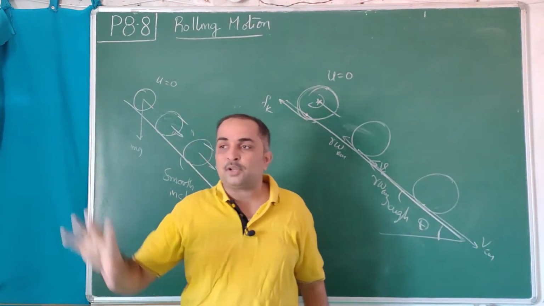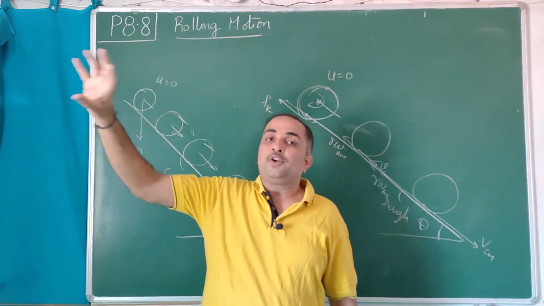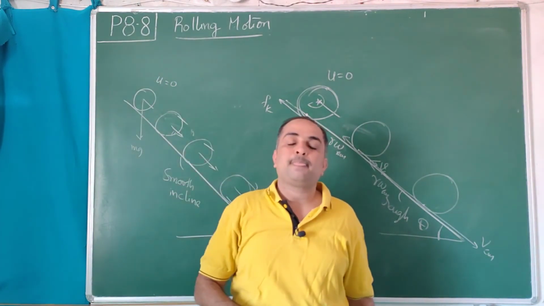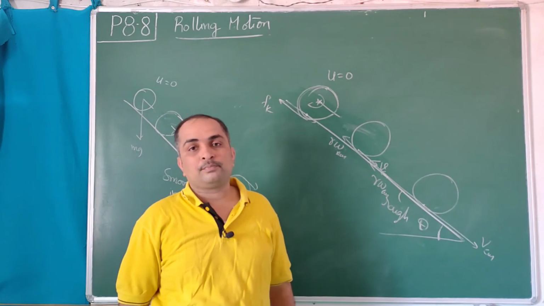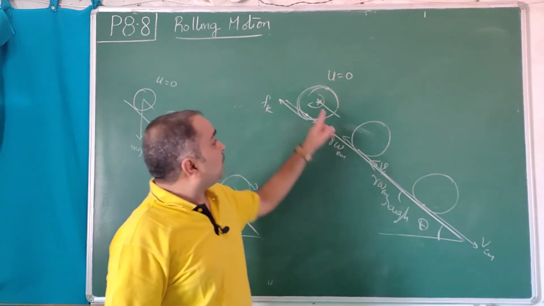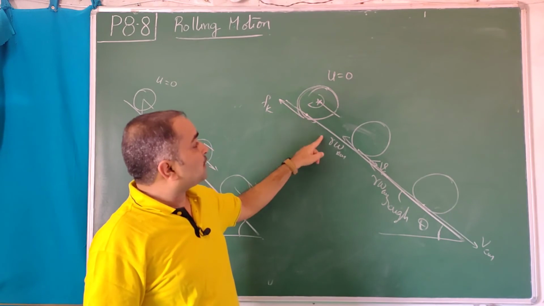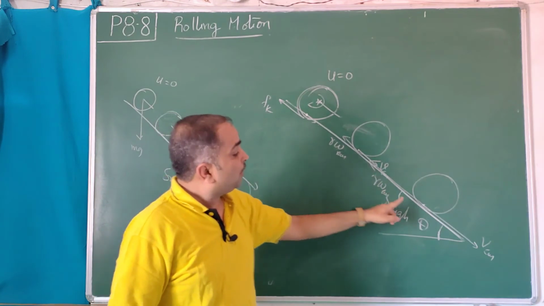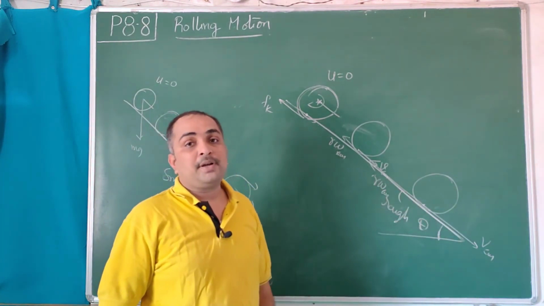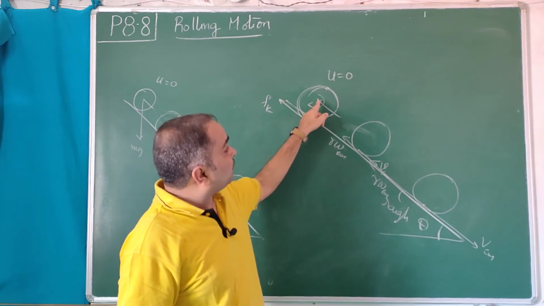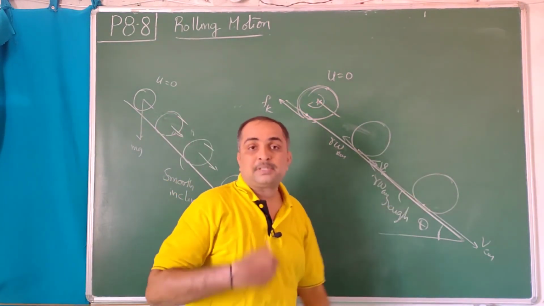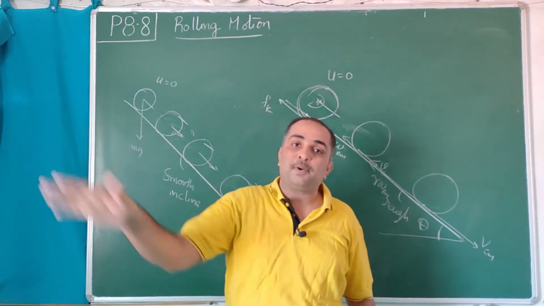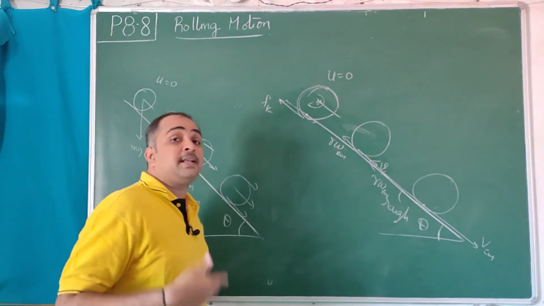So what actually happens on a sloping surface, if you keep a rolling object static, it not only gains the forward velocity, but also it gains the angular velocity. So previously it was 0, 0. Forward velocity and backward velocity was 0, 0. Afterwards it is 10 and 10. Net velocity of the bottommost point is 0. 20 and 20. Net velocity of the bottom point is 0. But the center will go from 0 to 10 meters per second, to 20 meters per second, it gains velocity. So if you leave your vehicle on an inclined slope and you forget to apply the brakes and all, it will come down like that. And not only come down, it comes with increasing speed.